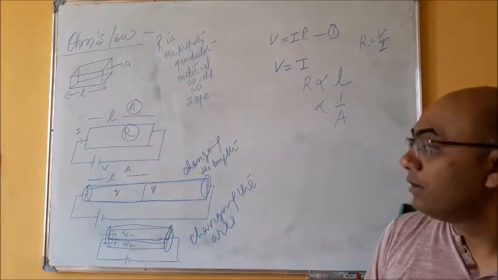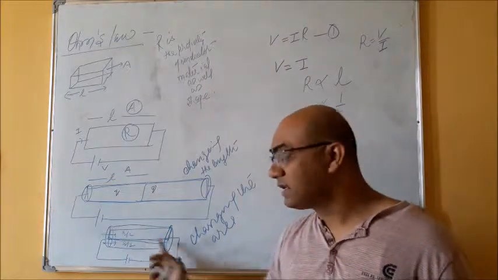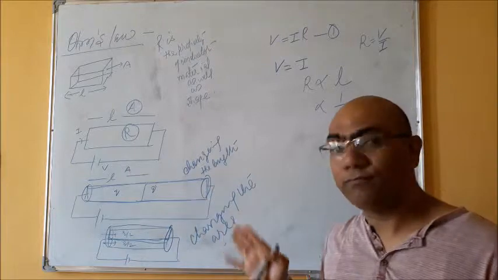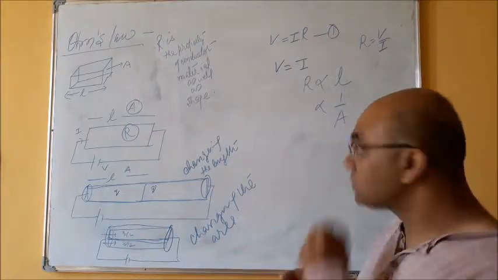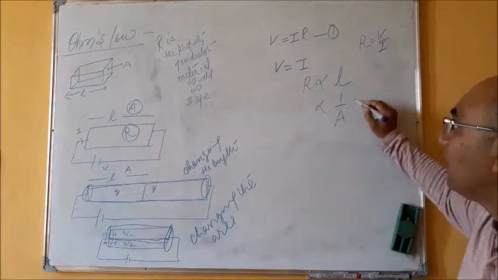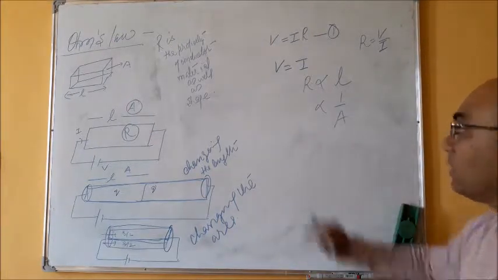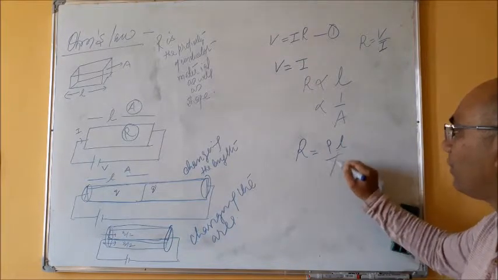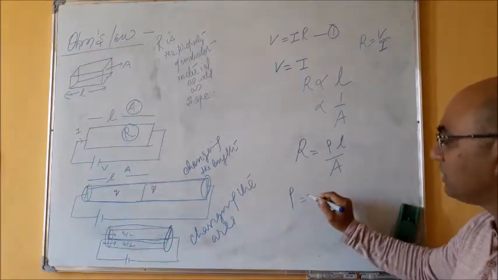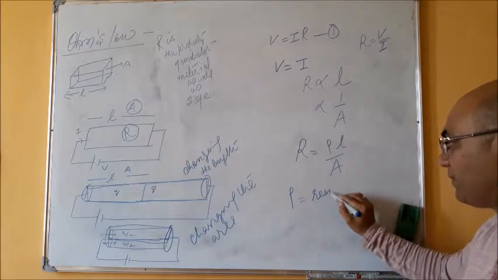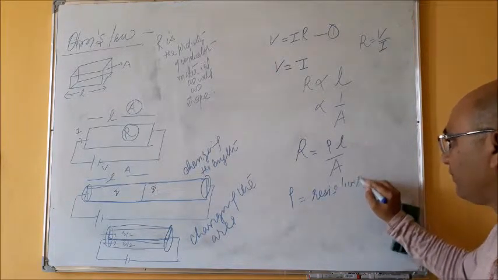They have to travel more length. Here the length is the same, but they have more area to flow, right? So in this case we can conclude that R is proportional to L here and R is proportional to 1 upon A here. So R is given by rho L upon A, where rho is a constant which is known as resistivity